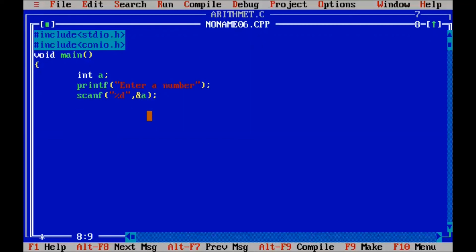Okay. Here we write some condition. If a divided by 5 equal to 0 and a divided by 8 equal to 0, and we print some message, printf, divisible by both 5 and 8.